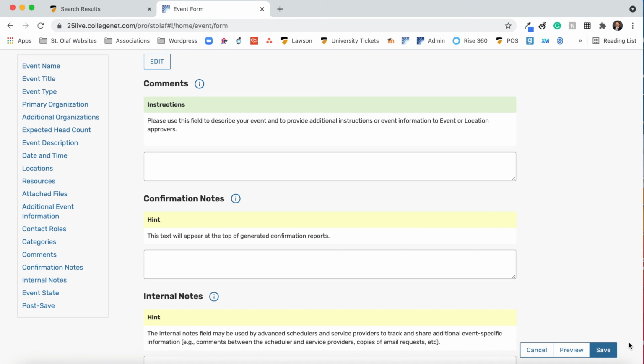Please note that submitting this form means that you're submitting a request for a space. Space reservations are not guaranteed until you have received a confirmation email from the scheduler. For student organization events, your space request will not be approved until your event has been registered and approved in